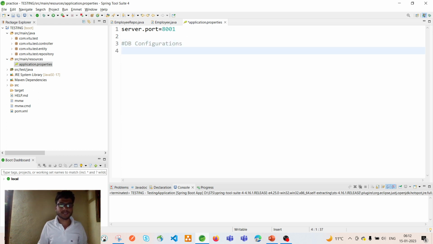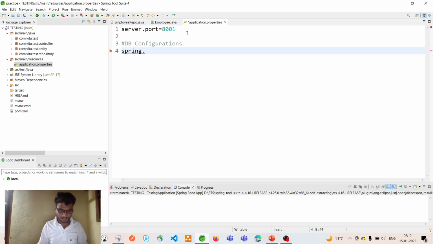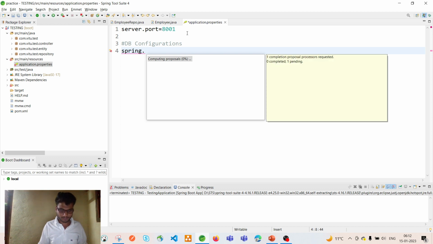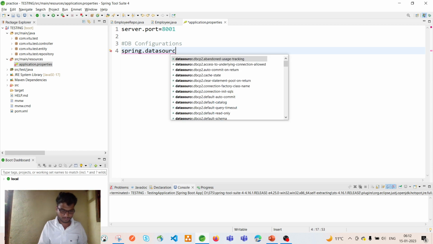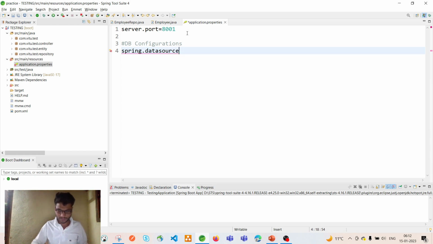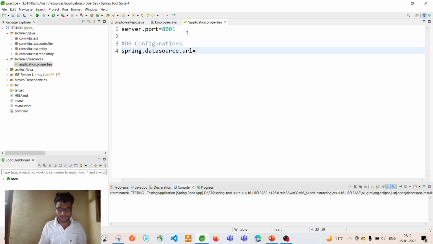If I use hash, it indicates in the application.properties file that it is a comment. Okay, use spring.datasource.url. Give the URL for MySQL. This is the MySQL URL: jdbc:mysql: